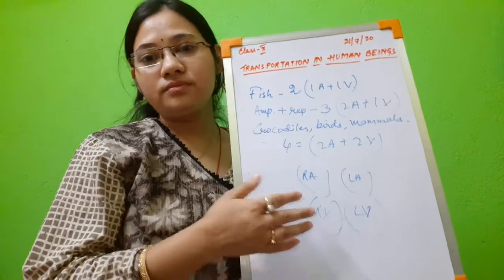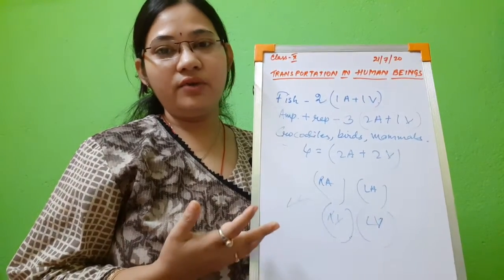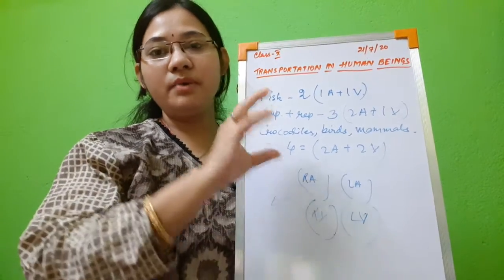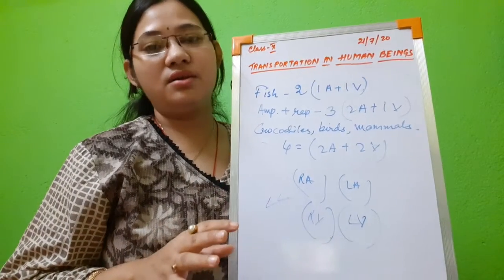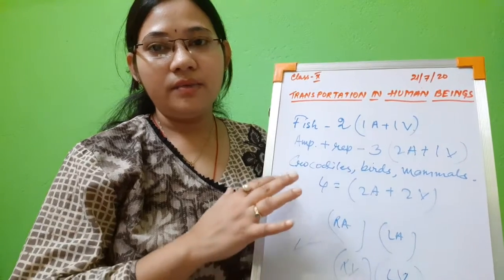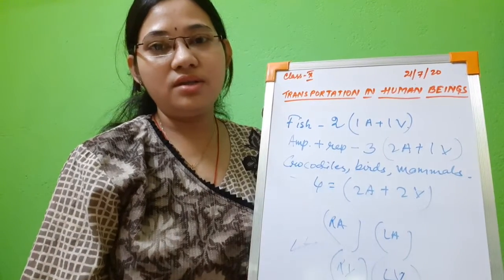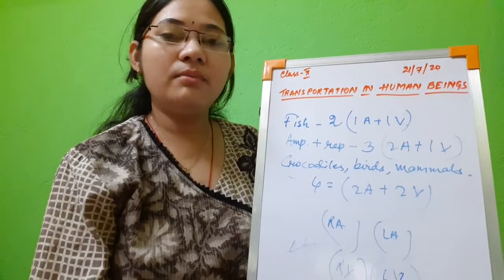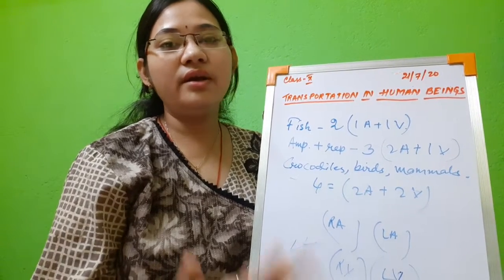Please go through what is double circulation, and try to find out with the help of the diagram what is pulmonary circulation and what is systemic circulation. So today we have completed the circulation, that is double circulation. Now in our next video we will study about systolic and diastolic blood pressure.